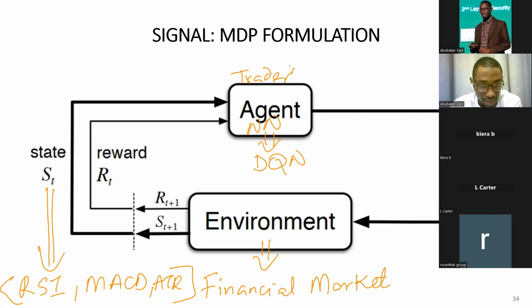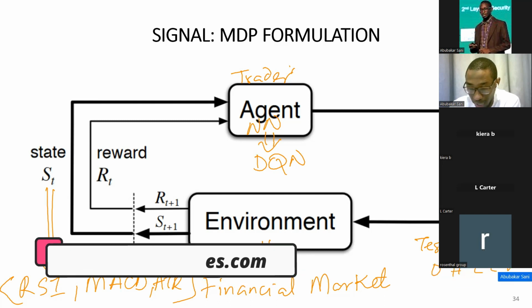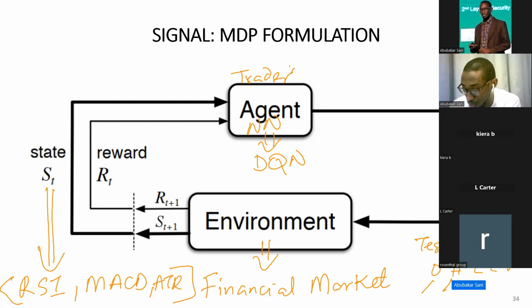When you look at any asset, let's take Tesla, for example, you will see different values: O, H, L, C, V. The open price of Tesla, the high price, the low price of the day, or whatever time frame you are using, the closing price, and then the volume that was traded within that time. With this you can compute these technical indicators: RSI, MACD, ATR. You will have maybe simple moving average, exponential moving average, all of this.